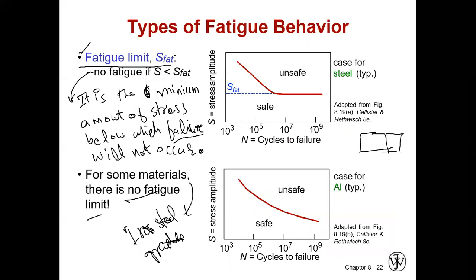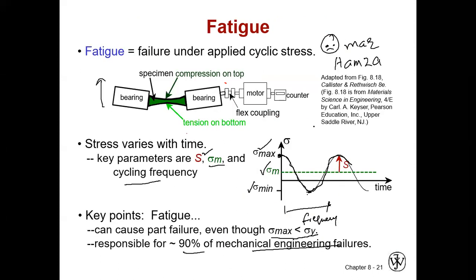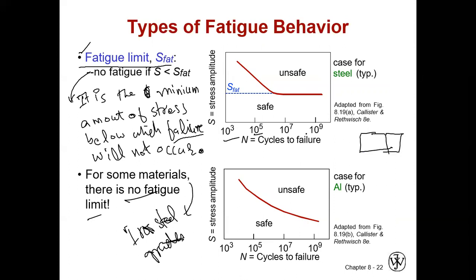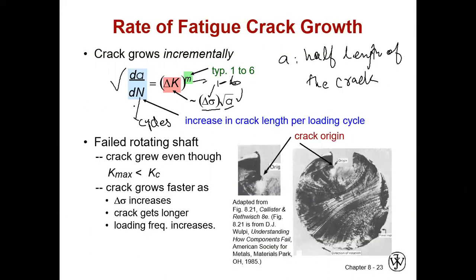What is meant by cycles? Cycles means, as I told you, I draw this figure. I load it first, then I unload it and it becomes a shape like this. If I again load it like this, this is the first cycle, this is the second cycle, and this is the third cycle, and we continue, right? So basically we have the number of cycles on the x-axis and the stress on the y-axis. So N represents the number of fatigue cycles.